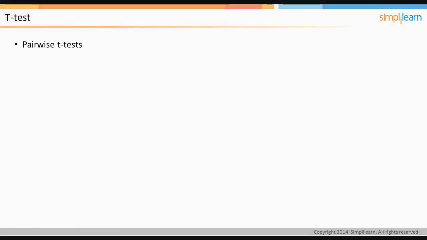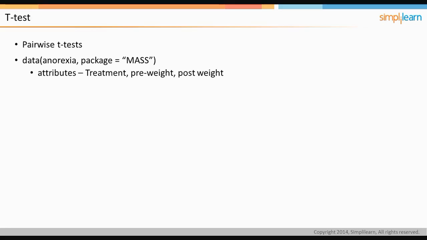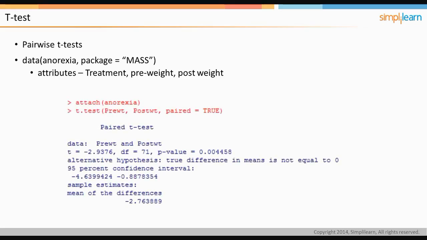Pairwise t-tests are used to check if there is any difference in paired values. For example, marks obtained by a student before and after a training. To illustrate this, the anorexia dataset from the MASS package is used. The data contains pre-treatment and post-treatment weights of patients. To implement it in R, type